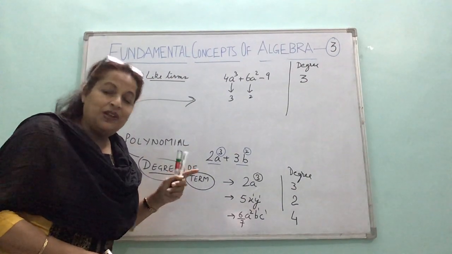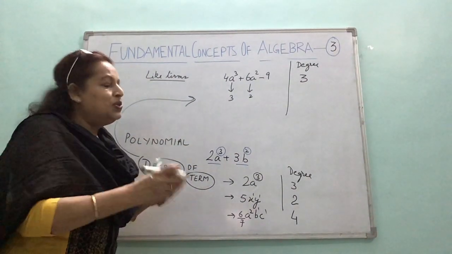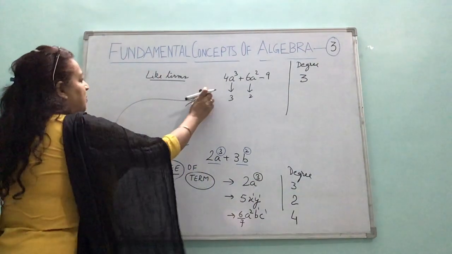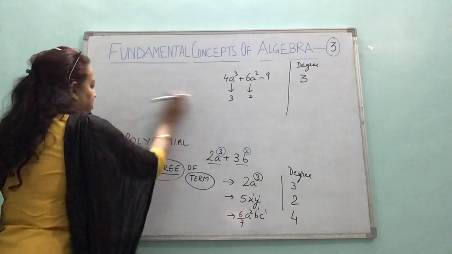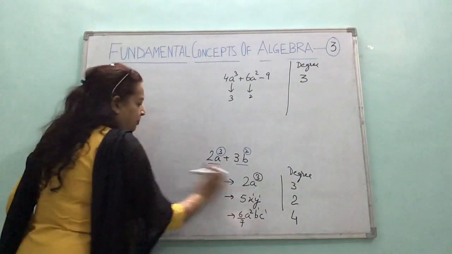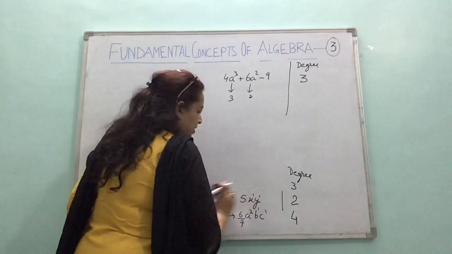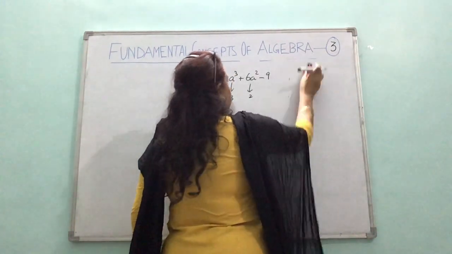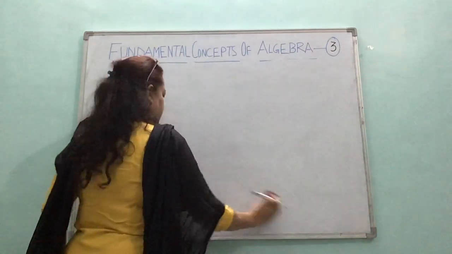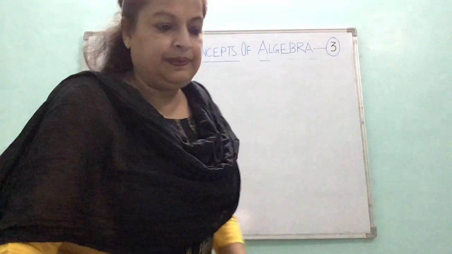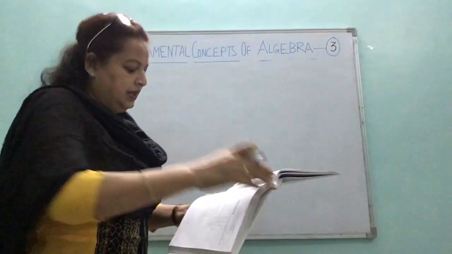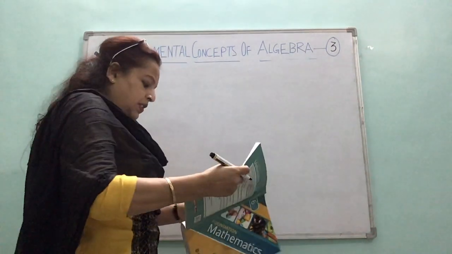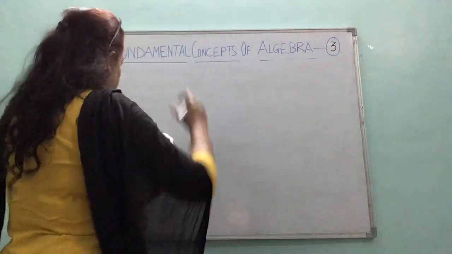And I have introduced one more topic, like and unlike terms. So that you are thorough with it, let's do questions based on this. So for like terms and unlike terms, we have exercise 12b. Some questions there, children, that I am taking up. Exercise 12b. Let's do it. Question number 6. Only one question is there.